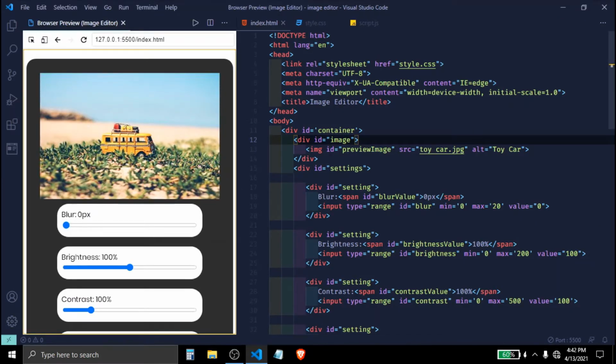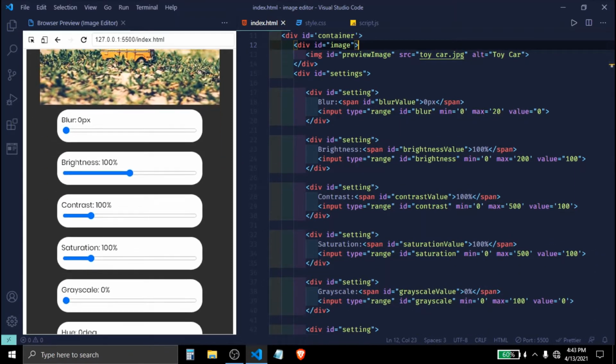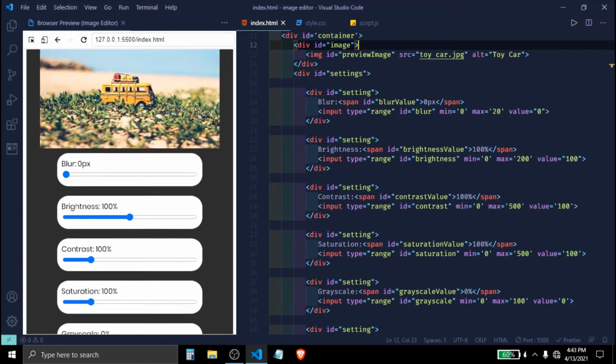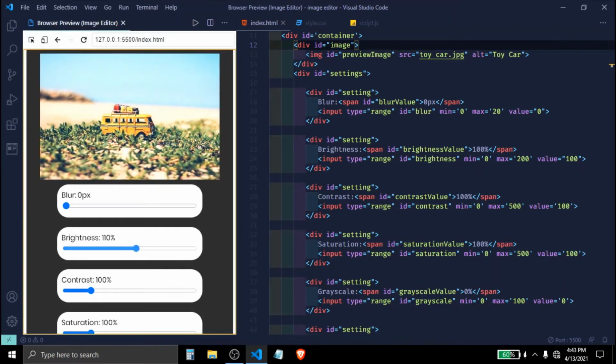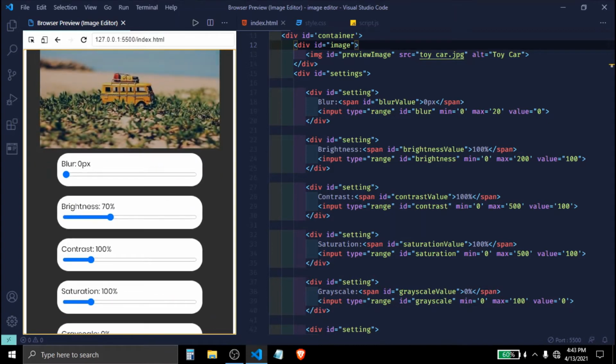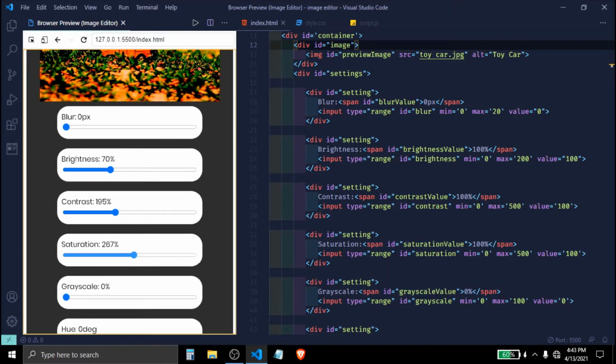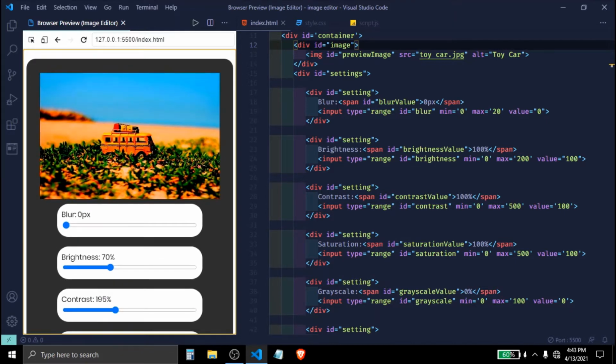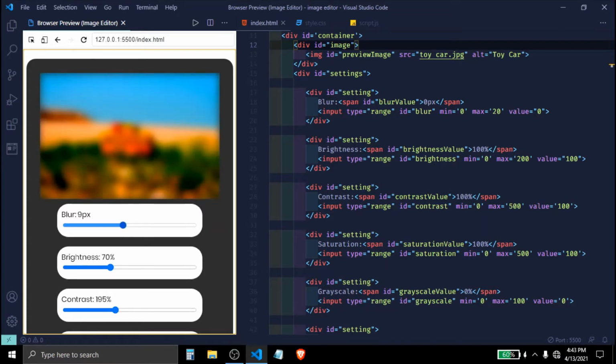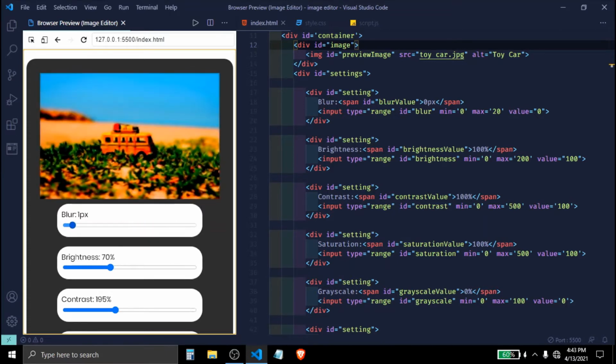In today's video we will see how to make this image editor in HTML and JavaScript. Here you can see inside this browser preview we can see this image editor, and it has these various options to edit the image. If I want, I can increase the brightness or even lower it down. I can increase the contrast, I can lower the contrast, and so on. So I can do many things with that image. Today we will learn how to make this image editor in HTML and JavaScript. So without any further ado, let's get started.